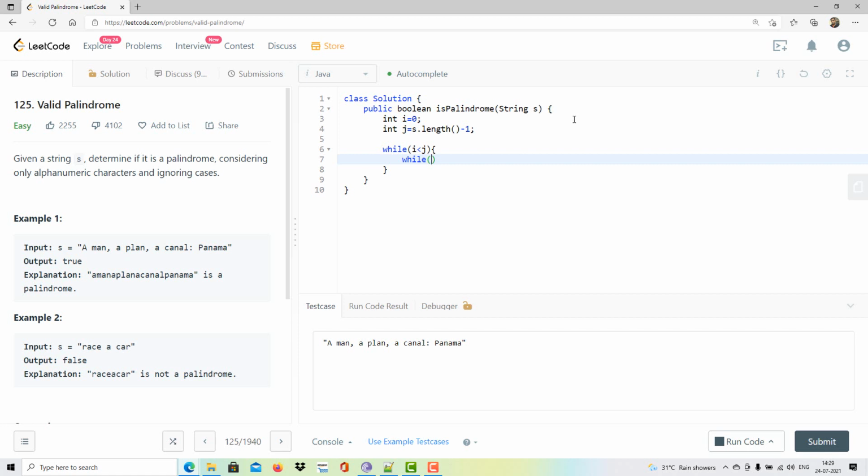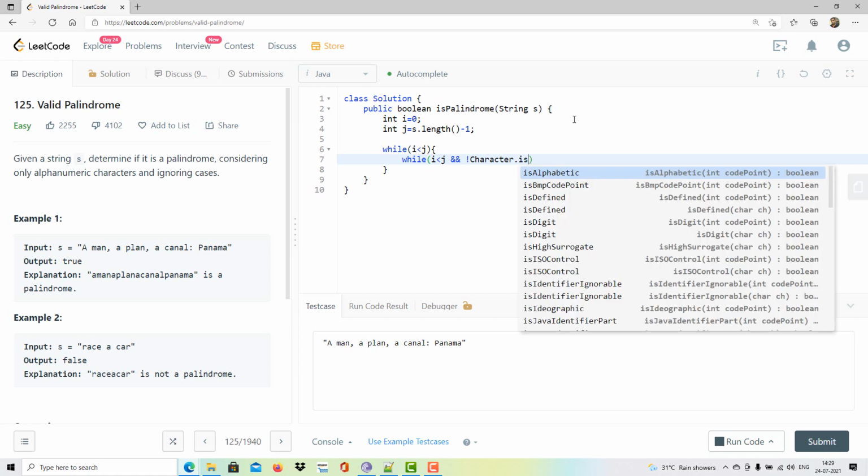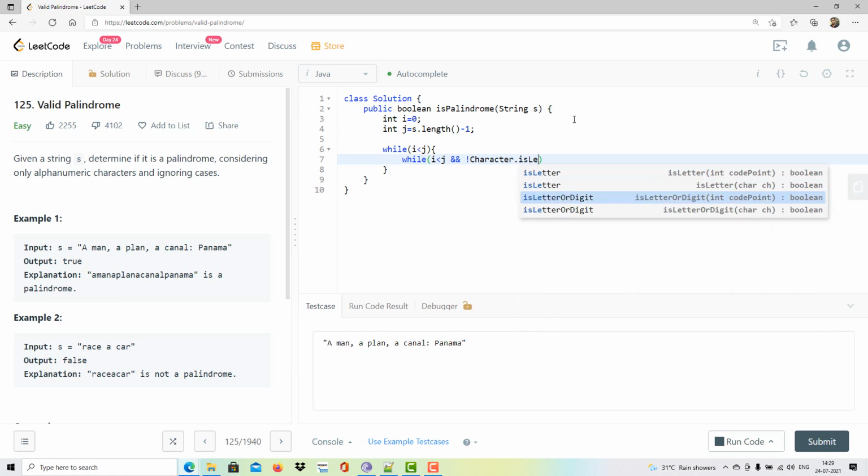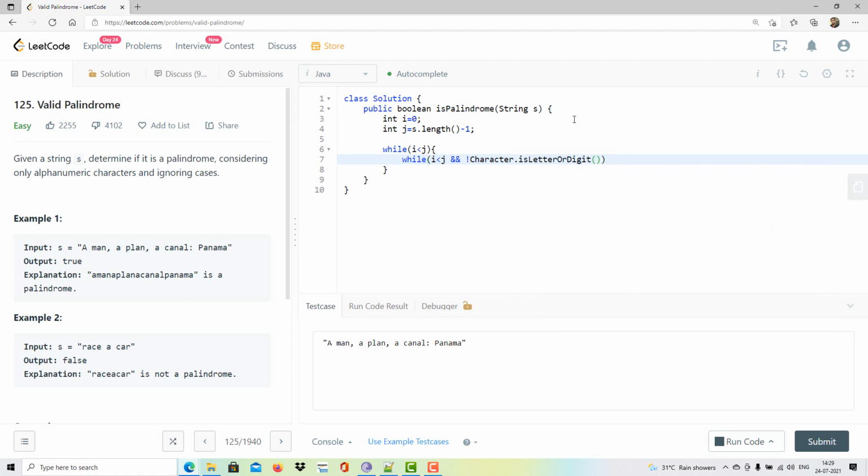So I need to check this condition: i is less than j, and it should not be a letter or digit. So Character.isLetterOrDigit(s.charAt(i)). If the current character is not a letter or a digit, skip it, so do i++.